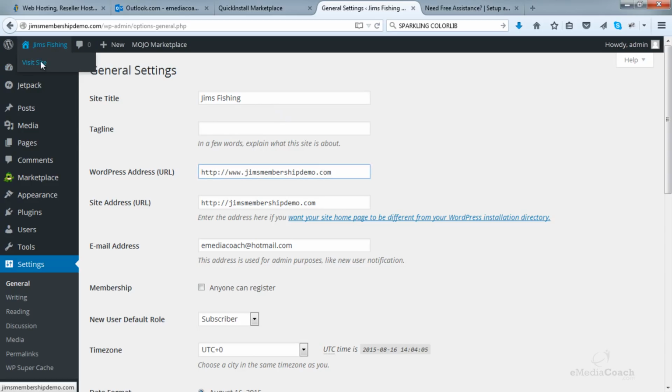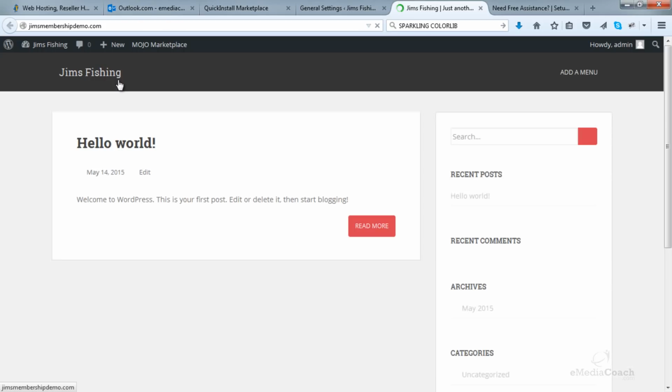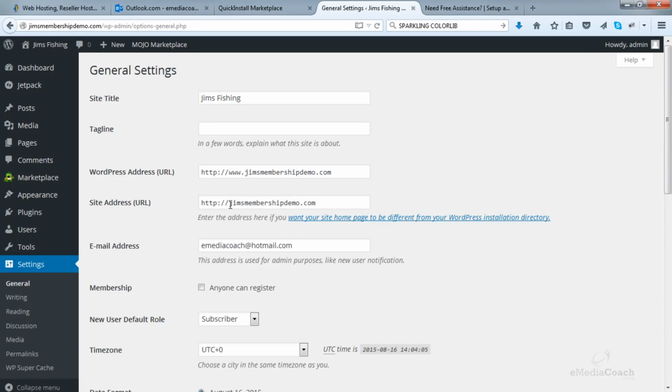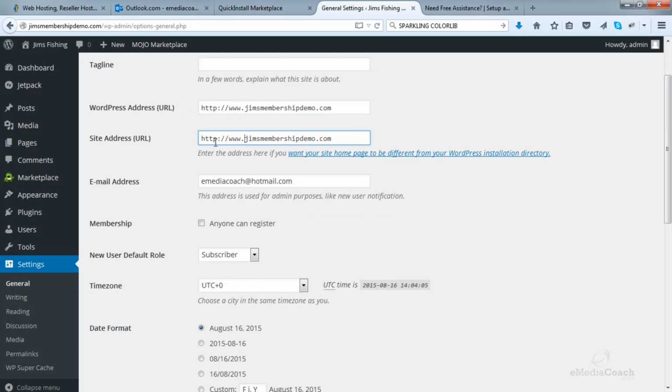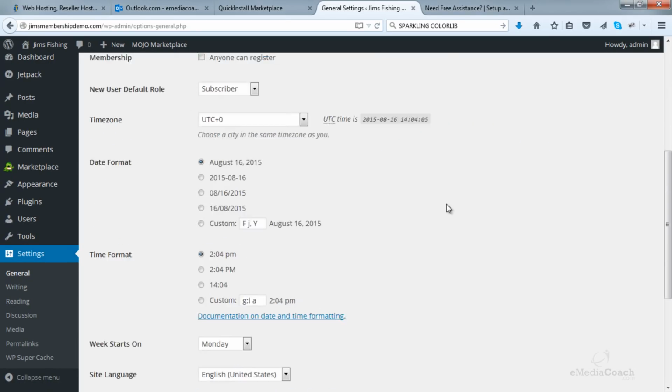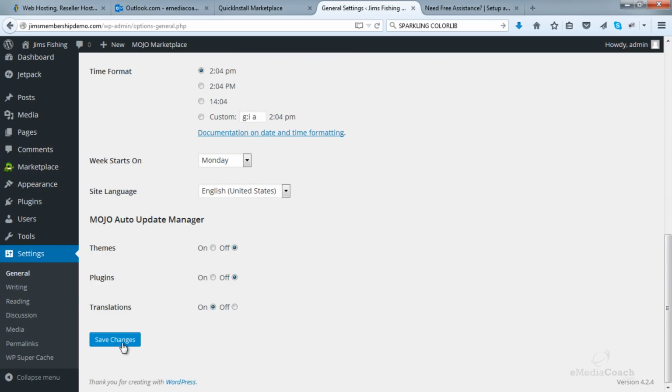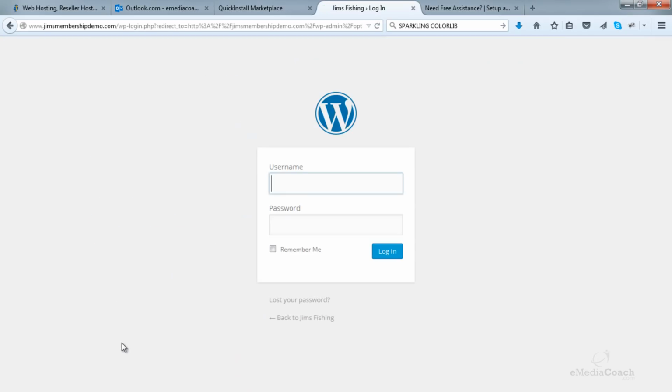Because currently, your website doesn't have a www in front of it. Now, this is just a personal preference of mine. As you can see, it gets rid of that. You don't have to do this. It's just my personal preference. Make sure you do it for both fields, otherwise it may stuff up. Then go down and click on Save Changes. This will actually prompt you to log in again.